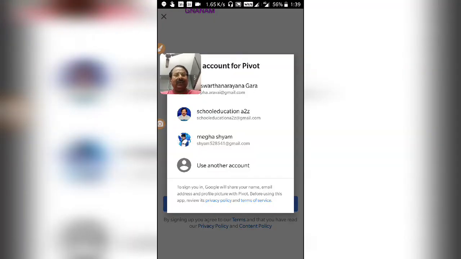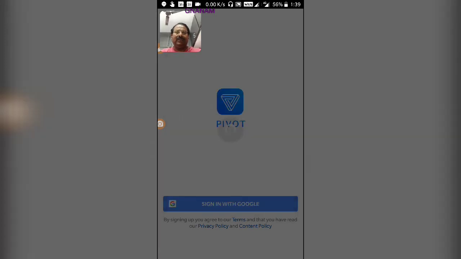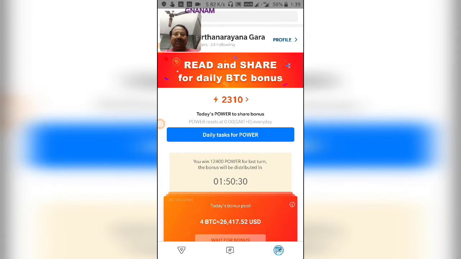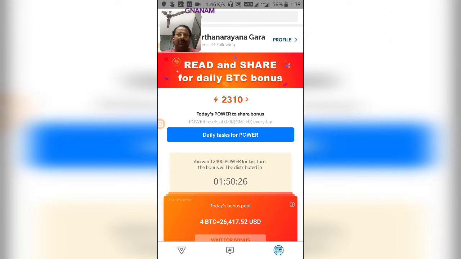That is the only way through which we can log into this one. So here I am logging in through my Gmail account. So I have logged in. I already have 2310 points for today. Okay, this is the app we actually required.